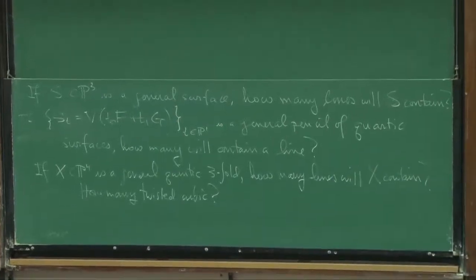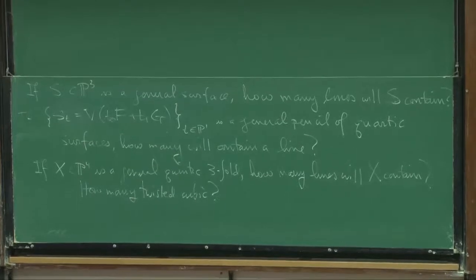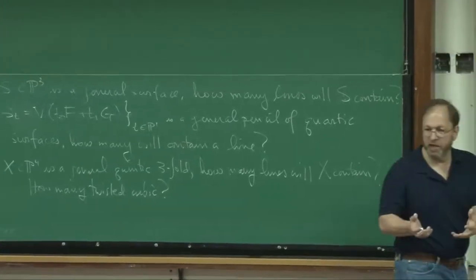Remember, last time we were talking about calculating intersection products of cycles in the Grassmannian, specifically of lines in P3. And we said, for example, that if we wanted to intersect two such cycles,